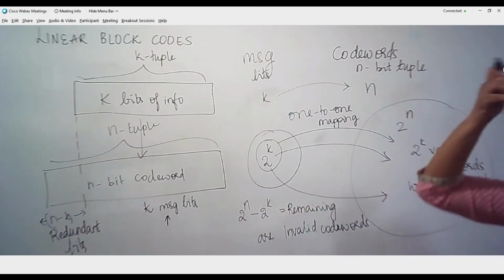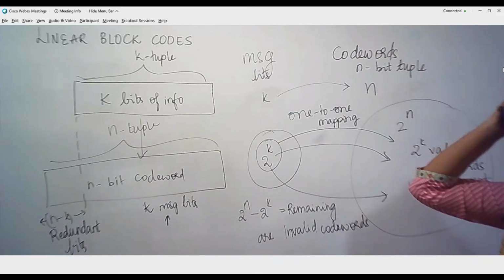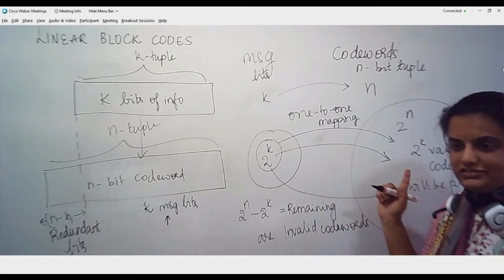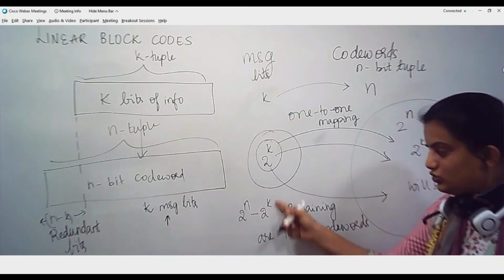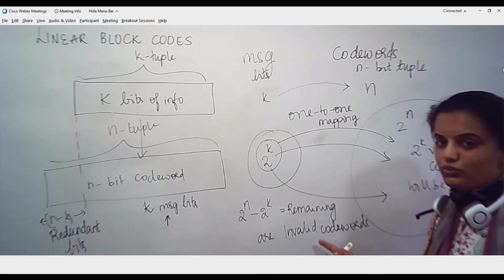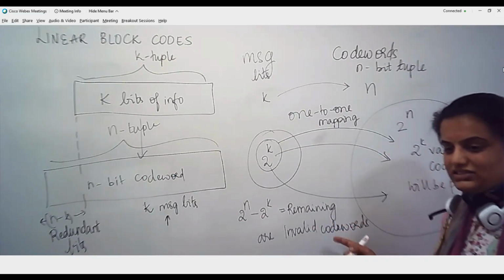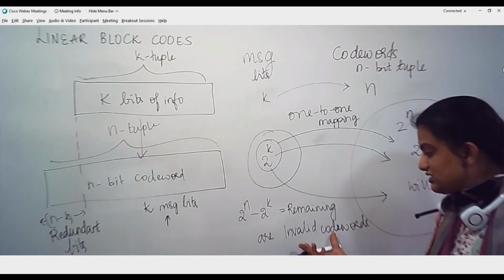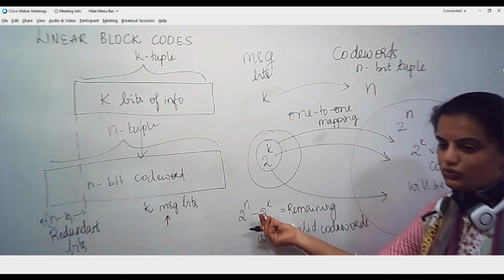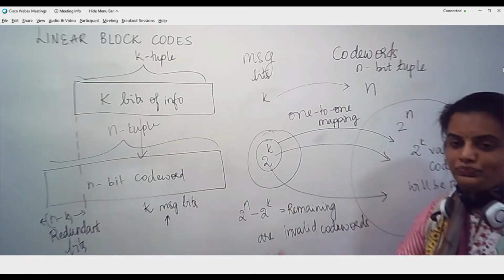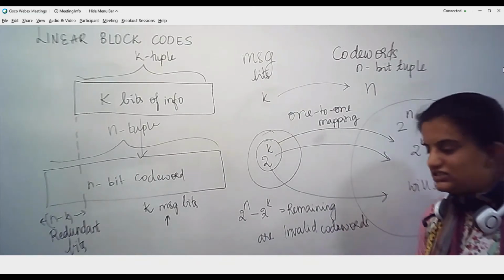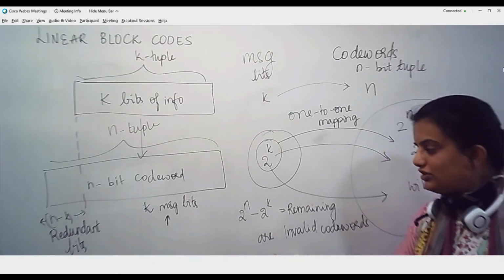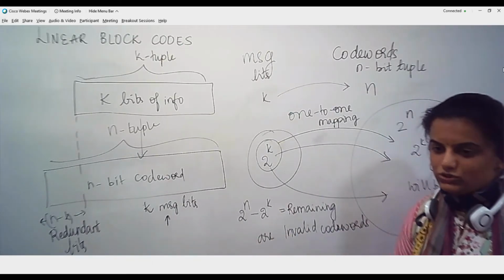Whenever we are trying to decode the information on the receiver side, if we get any code word other than the intended code words out of these valid 2 power k, then I will have to map this invalid code word. That means the received bits are in error. In such cases, I will have to find a decoding strategy such that, using this invalid code word, I am going to point to the proper code word which was actually transmitted.